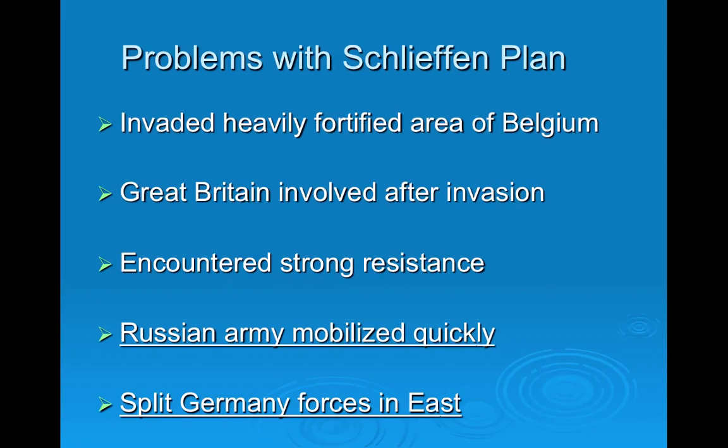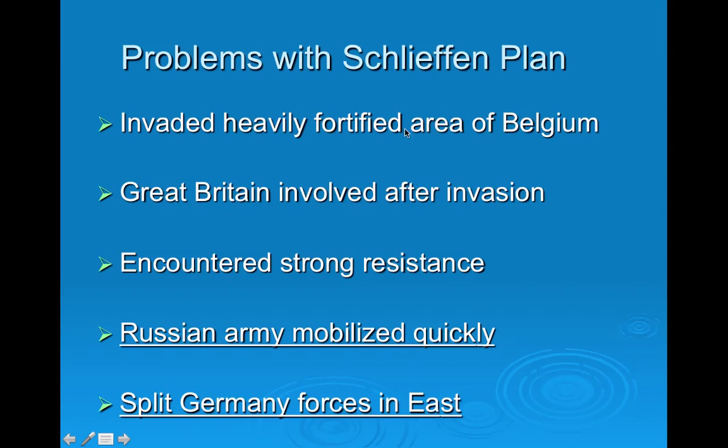Russian army mobilized quickly, and it split Germany's forces in the east. You got to think about your entire map of Europe. Germany is in the middle. Imagine Germany right here. Yes? Russia's over here. Okay? Then you got France. Then you got Great Britain and the island over here. If they didn't count on Russia getting involved fast enough, and they didn't count on Great Britain getting involved, then